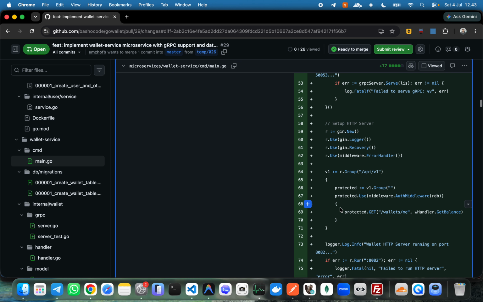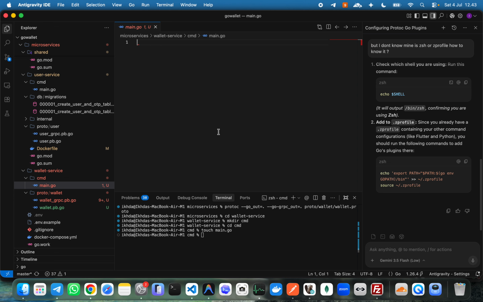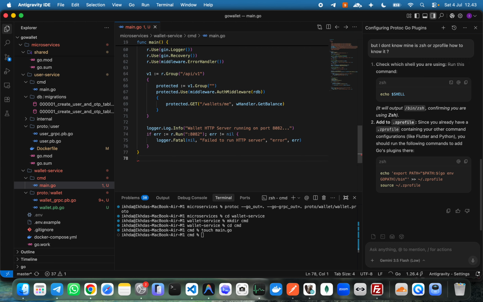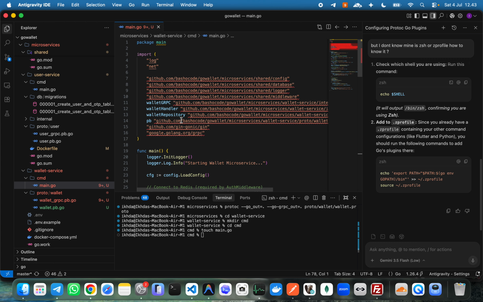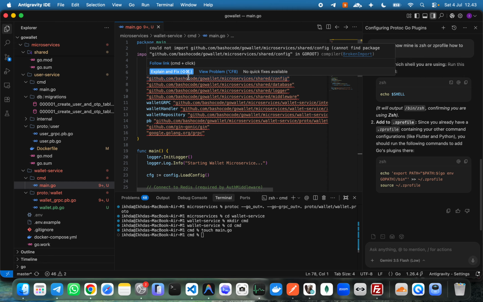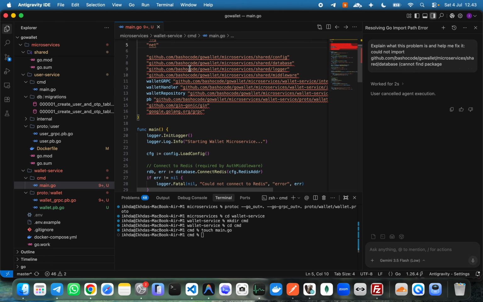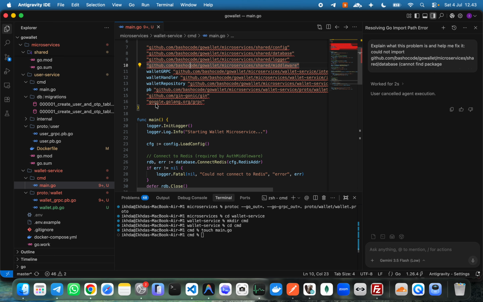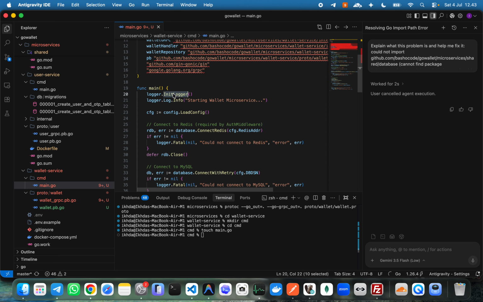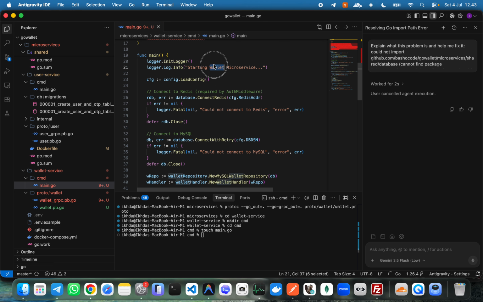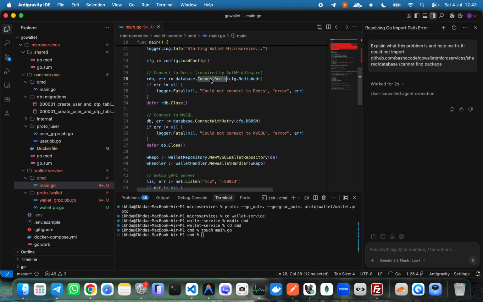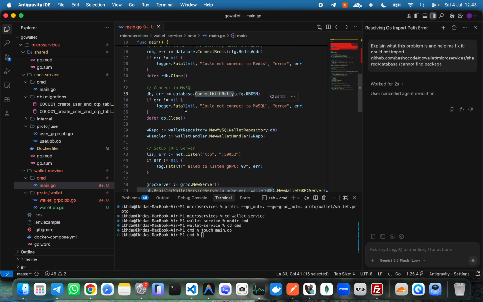here, which is same as the others. It should be same because first is only here. Oh wait, cancel, I don't need this one yet. So here in the package main, in the main.go we have init logger as always, wallet microservice, load config, and connect Redis, connect with retry for the MySQL,